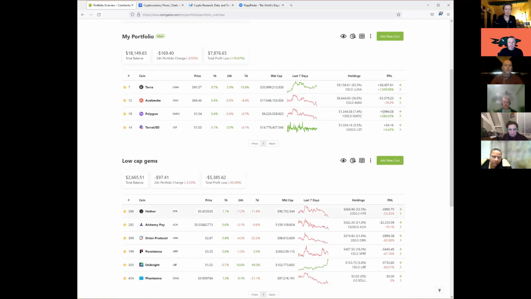So I've added some tokens in here, and I thought it'd be interesting just to see what you can do when you are tracking them. So if we look at this first one for Terra, what you can see on there is the holding I've got is just over 9,500. I've got 100 Luna on there. And you can see from what I bought it for, compared to what it's actually worth now,